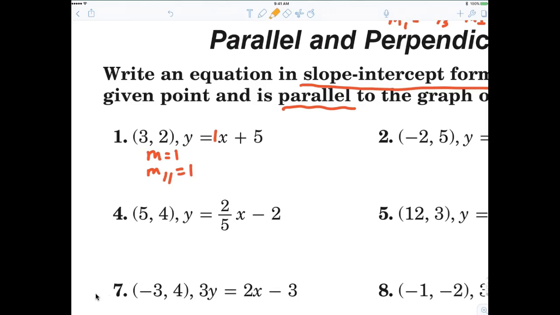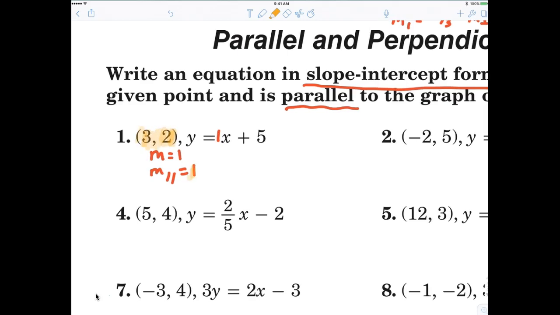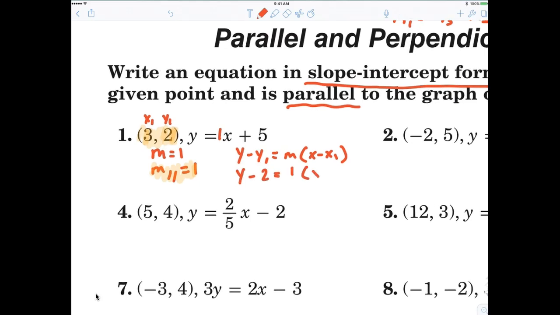Now we're going to use this point with this slope to write the equation. We already have that format, which is point slope, which remember is y minus y1 equals m times x minus x1. I definitely want you to do it this way. So now we're going to plug in, remember, this is considered x1, this is considered y1. So in order to write the equation, we're going to say y minus 2 equals 1 times x